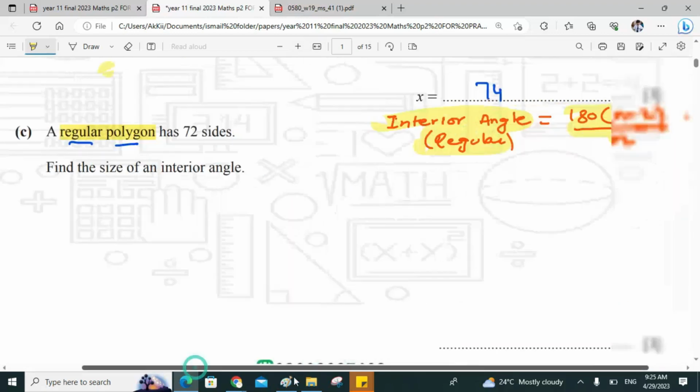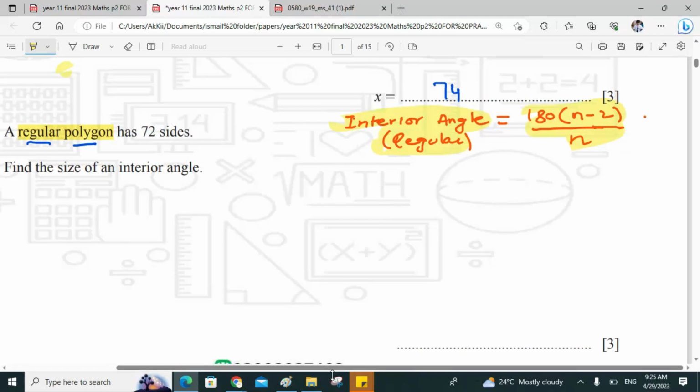If there is a regular polygon and you are speaking about its interior angles, then all of those interior angles must be equal to each other. For the regular polygon, the interior angles are equal, right? So for the interior angle,